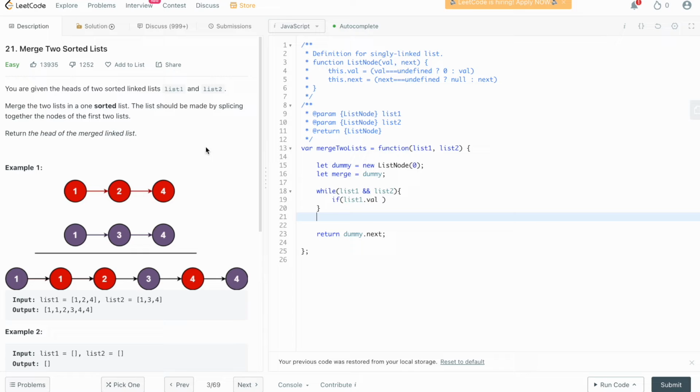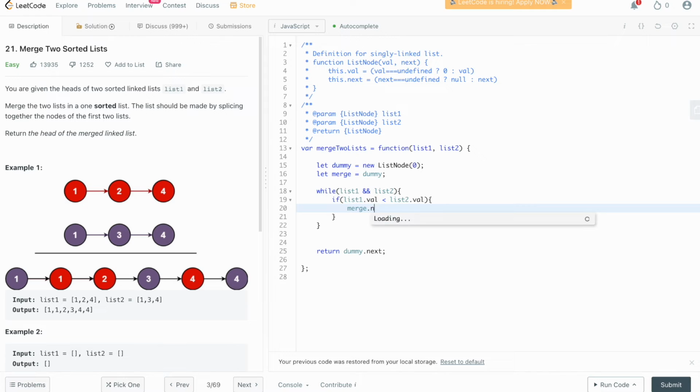If you check whether list 1 is less than list 2, you're not going to be checking the correct thing, essentially, because you need to actually be checking the value of the list and not the node itself, right? So if list 1 dot value is less than list 2 dot value, then that tells us that we definitely want our merge dot next to be equal to list 1,